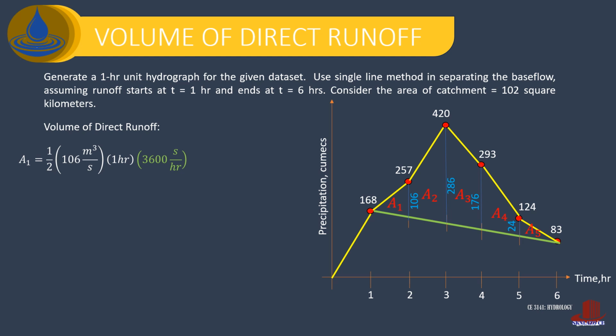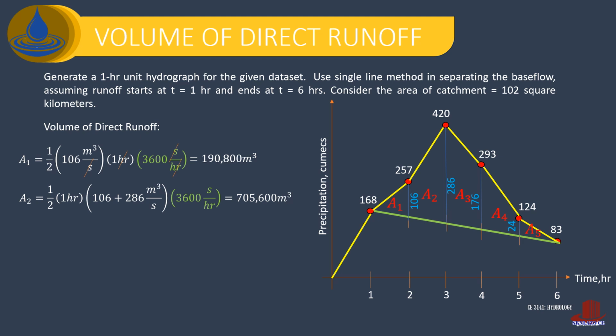Inject the conversion of 3,600 seconds for an hour to cancel out time units, thus having 190,800 cubic meters. The second area is a trapezoid, so take half of the height of 1 hour, then multiply the summation of the two sides, 106 and 286 cumecs, and again have the conversion, which eventually provides